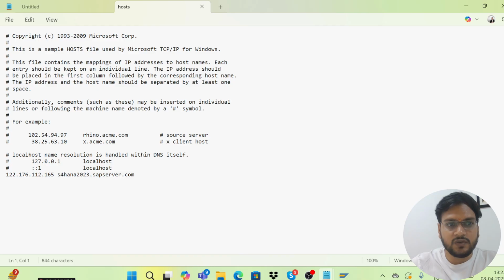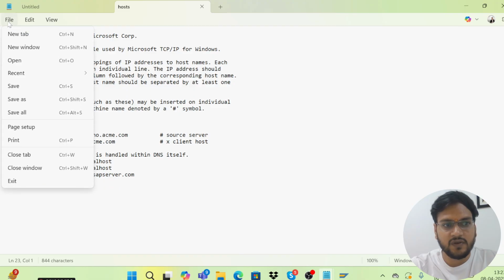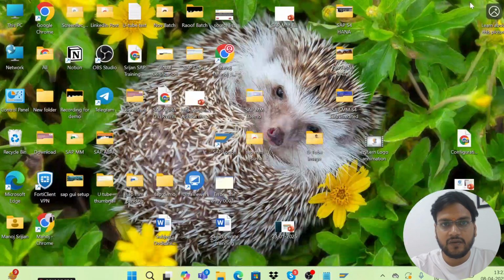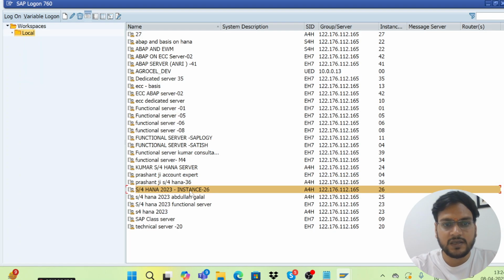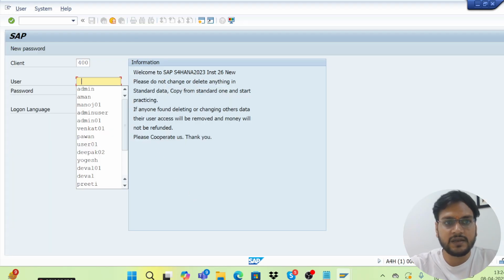And here you just need to add your host file entry, like this is a host file entry that I added. You just need to add it as per your system, whatever demo server you are using, you need to give their IP address, their version, their complete host file entry here. And after that just save it. After giving that host file configuration, save from here. So once it's saved, you just need to go to SAP Logon, double click on your server, and give your user ID and password.